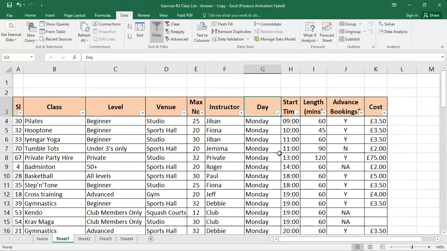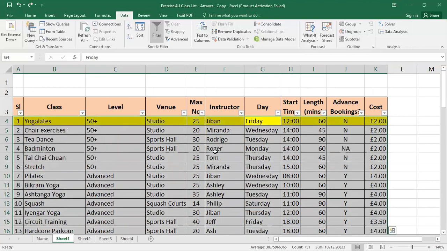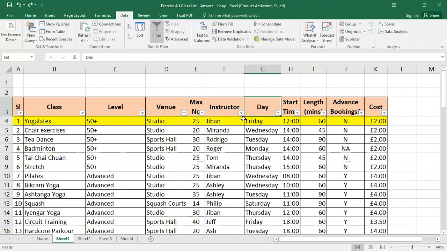Right now, we can show you another utility of sorting also. If we select any particular cell under the level and go to the sort, here it is.